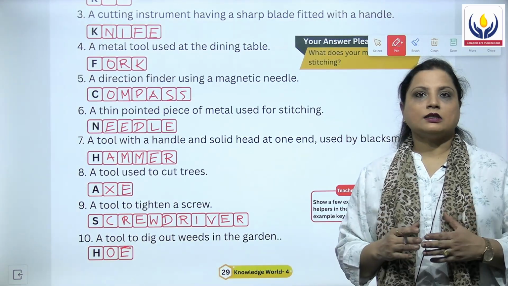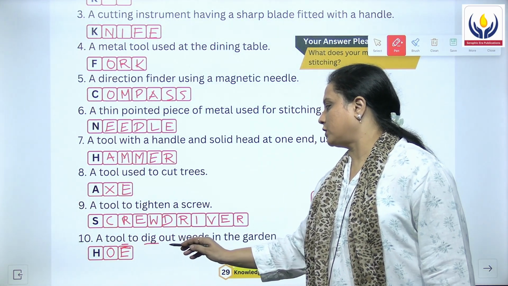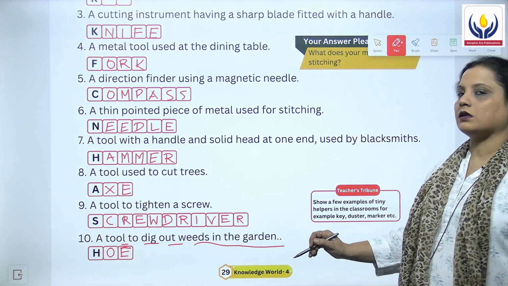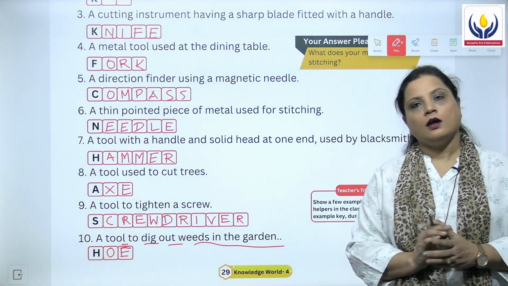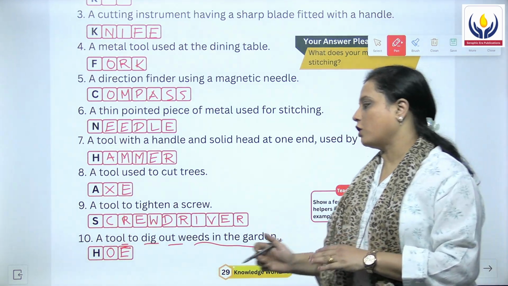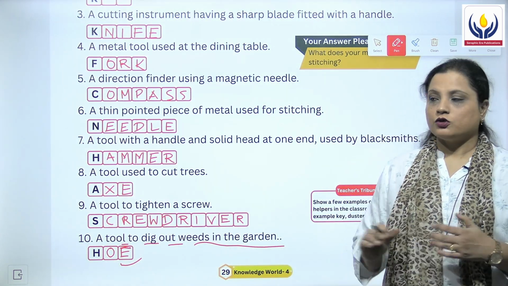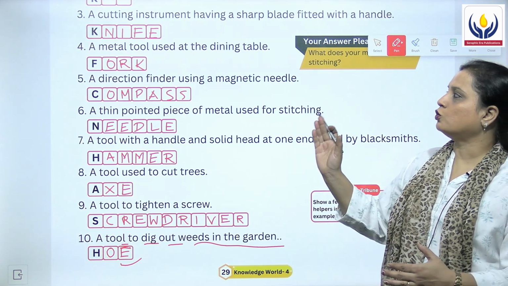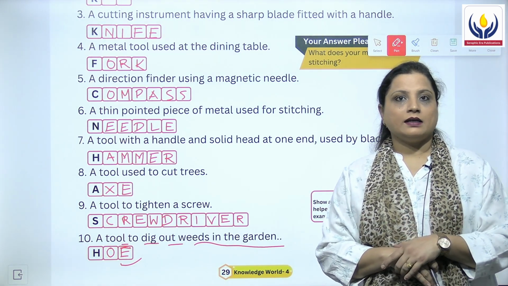screwdriver. And then the last question is the 10th one, a tool used to dig out weeds in the garden, which we call khurpi or khurpa, and the answer in English will be called as hoe, H-O-E, hoe. So this was all about the various tools which are used by our hands, and hence this is